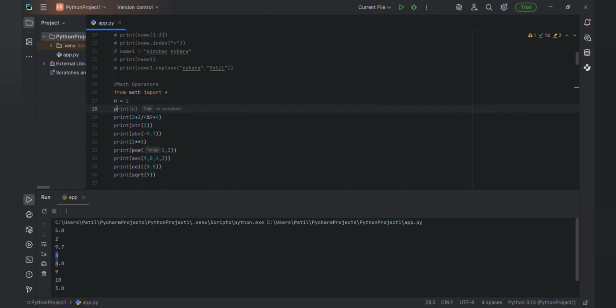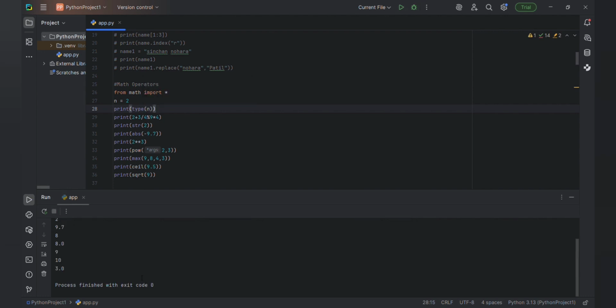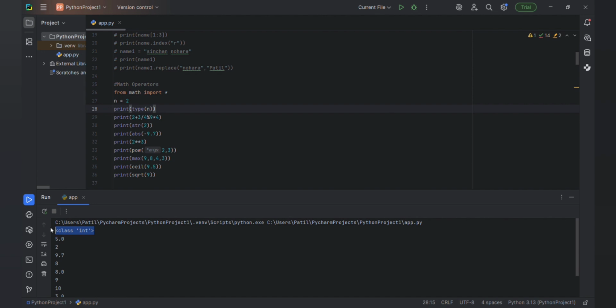You already know this is int, but if you want confirmation, you can show type of n. So it will tell you the type of n. See here, class int means the type of that variable is int.